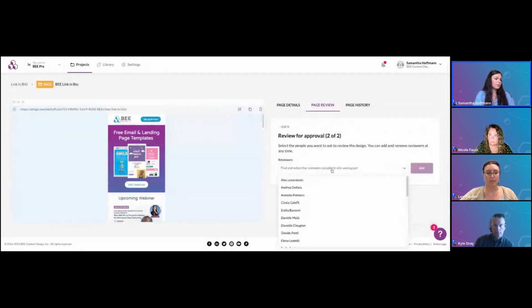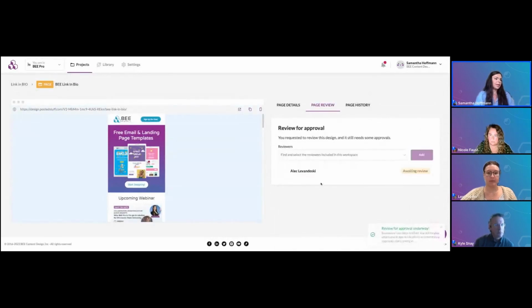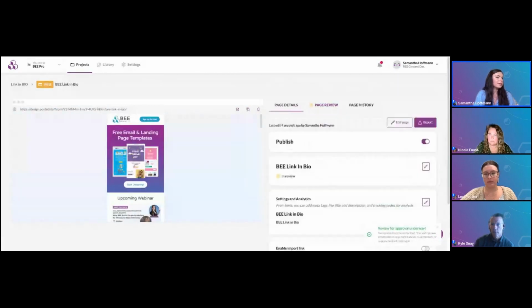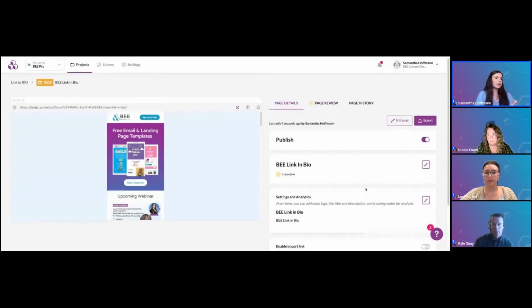Let's say I wanted to ask my coworker Alec to look at this. I just click on his name, click add, and it's really easy. Now you can see it says awaiting review, and there is a new status tab. Alec can go in and update this to approved. He can give feedback, deliver comments, that sort of thing.